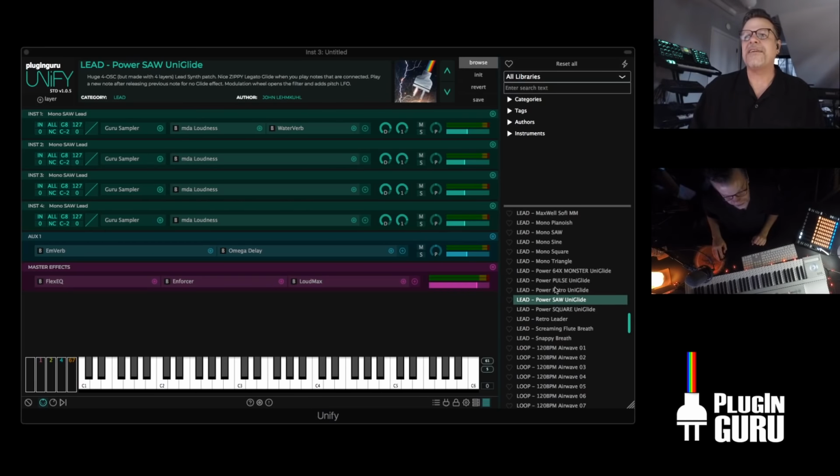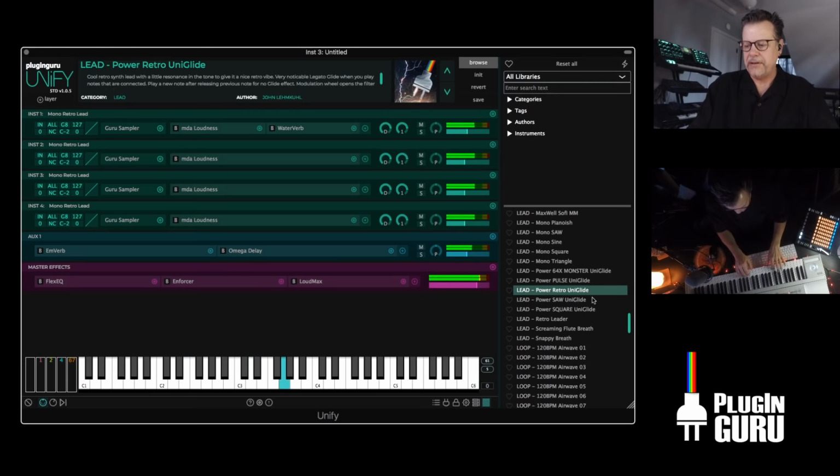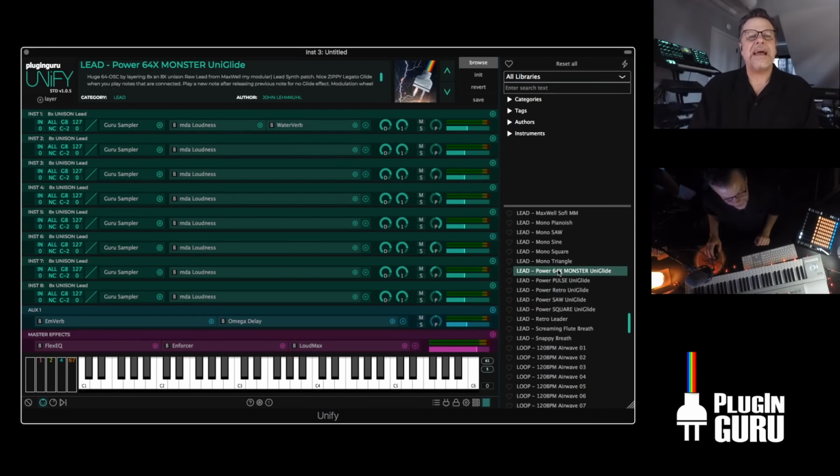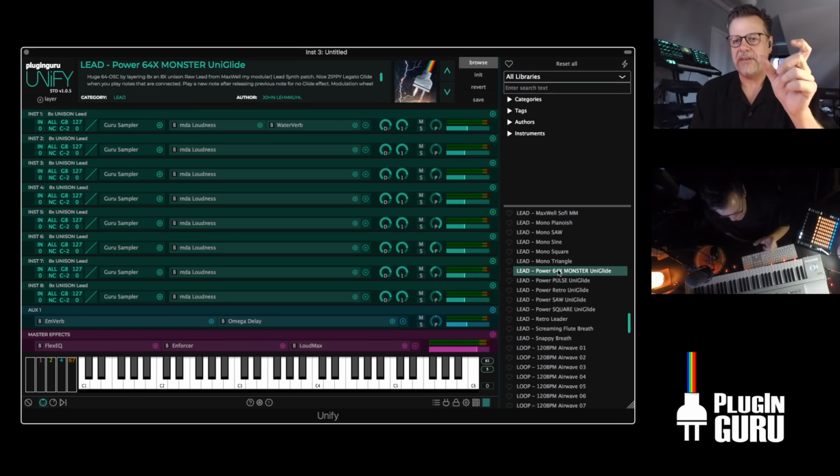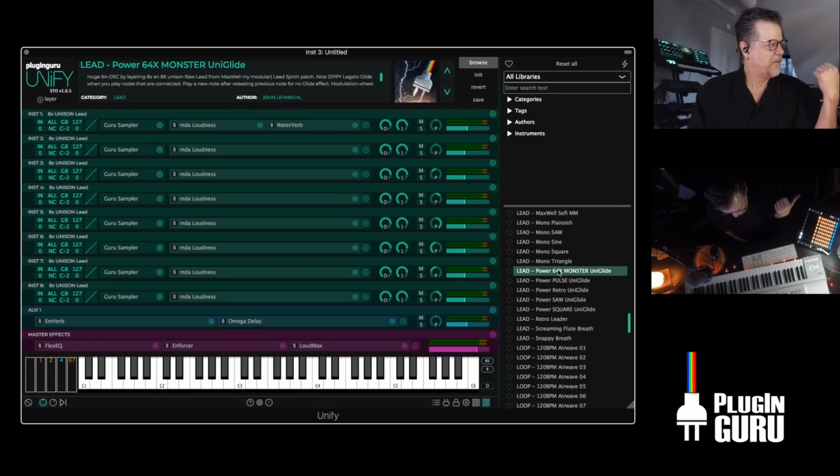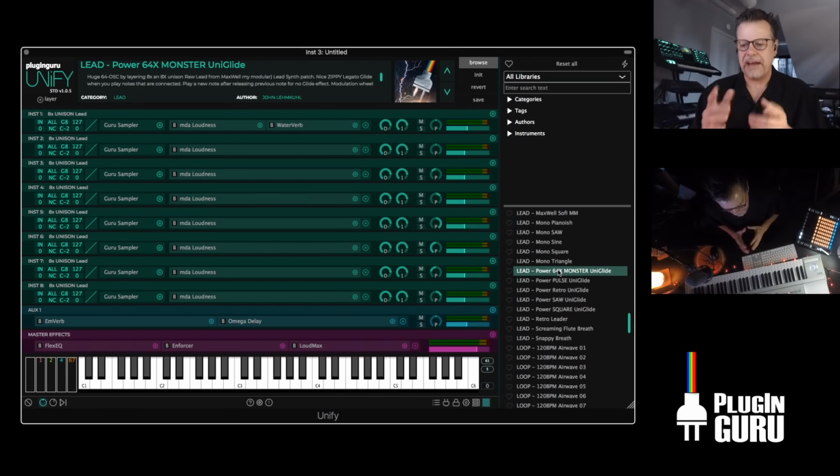So this is a 4 oscillator. There's a couple variations. And then this one's nuts. This is 8 layers of an 8 oscillator unison patch I made on my, over here on Maxwell. I have a cloud that can do 8 oscillators, which sounds incredibly beautiful. And then this is 8 of those layered with random sample starts so that